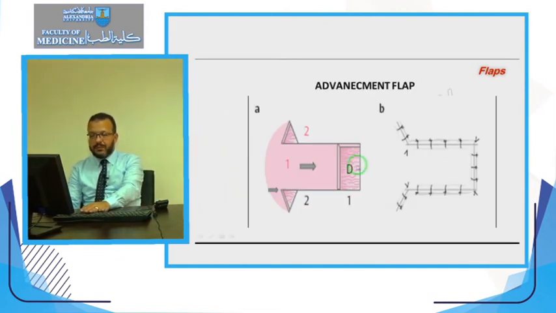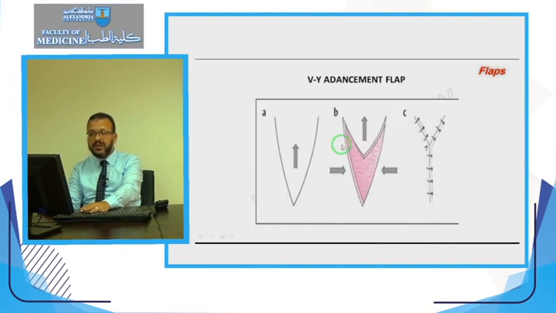Advancement flap. This is the recipient site, and this is the donor site of the flap. In order to get from its donor site to the recipient site, this flap will advance forward. So this is an advancement flap. Of course, in the previous ones, the Z-plasty and advancement flap, the donor site and the recipient site relation can be considered. So this flap is a local flap, a VY advancement flap,